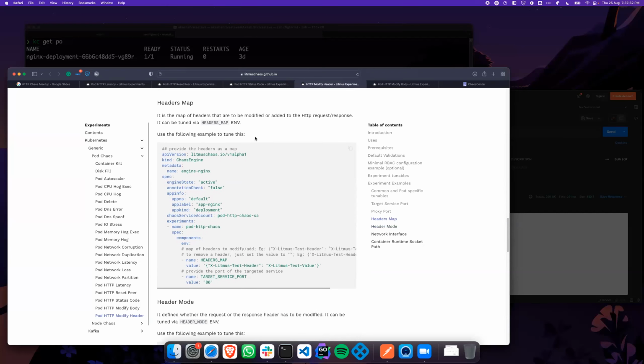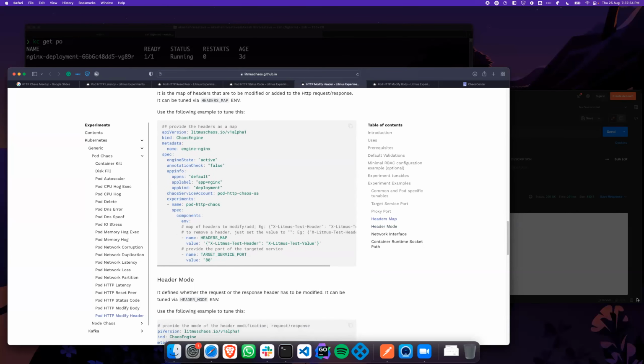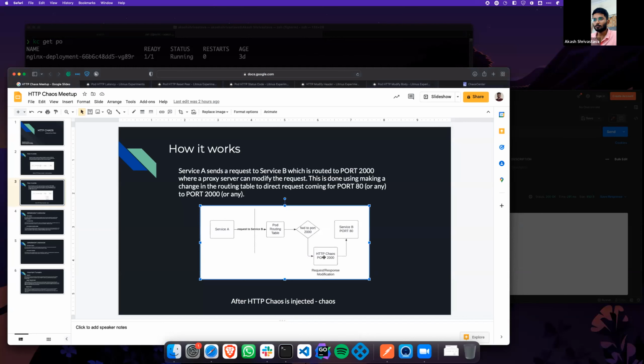And how does the SSL handshake work here? Because we are breaking the request in the proxy itself, right? So does the SSL handshake happen there? Okay, so one thing is that this proxy server is running inside the pod where service B is running as well. The request is just being forwarded, and we are not making any changes to the protocol.